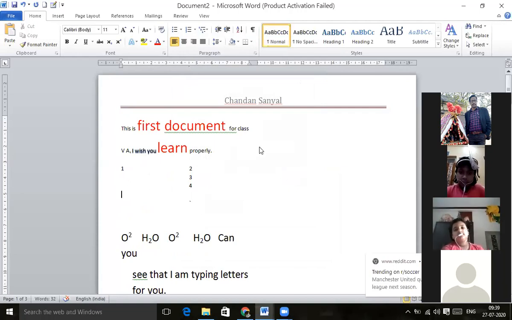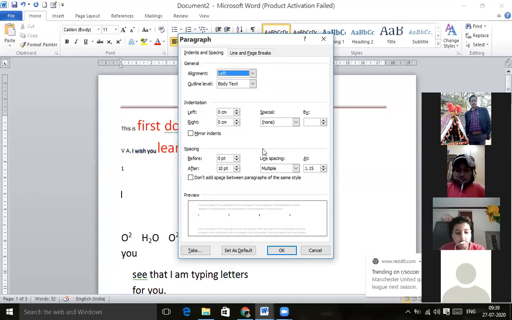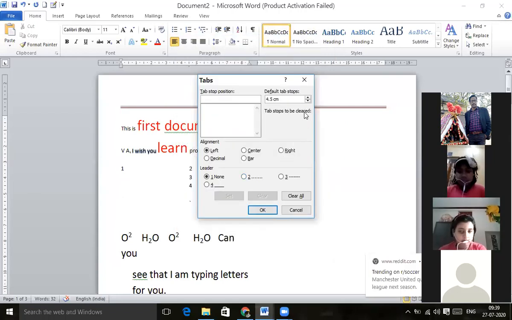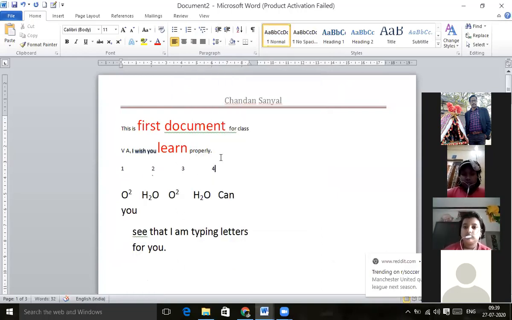Okay. And if I go for decreasing, you see the tab I have already used. I've shown you how I have used it. Now if I go for a smaller tab, say 2 centimeters, you will see all these tabs have changed. Can you see this one? And my mouse is moving on the tab. How to increase the tab and decrease the tab I have shown you. Is it clear, everybody?